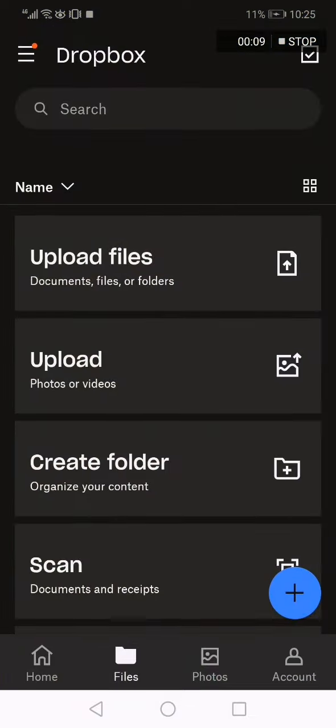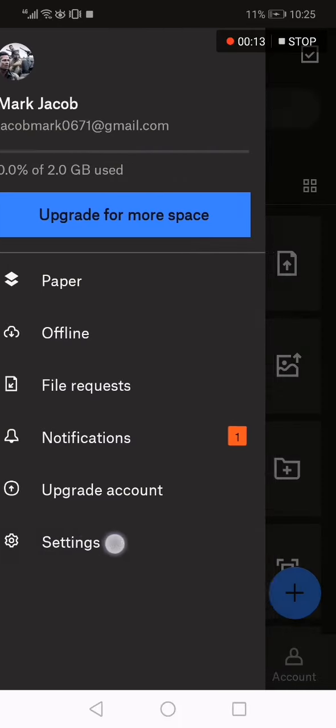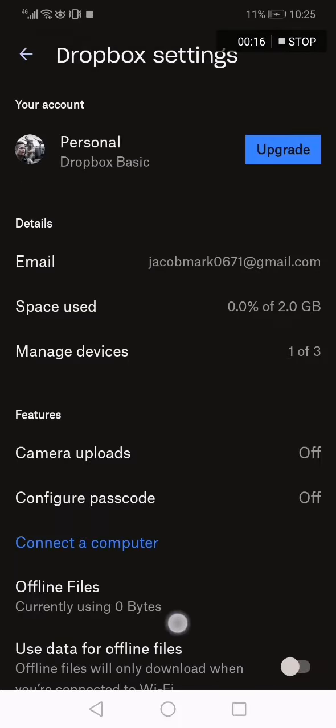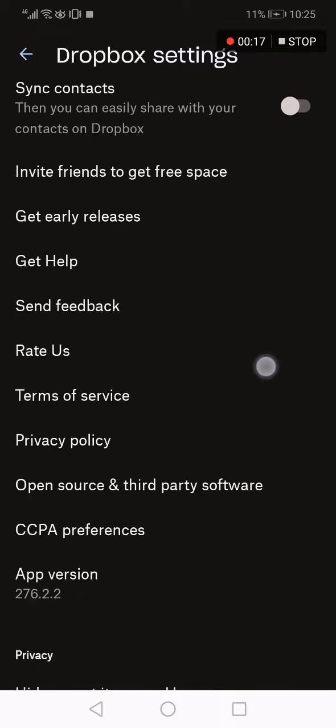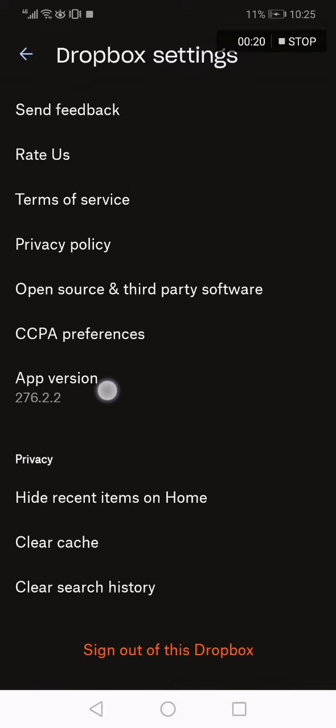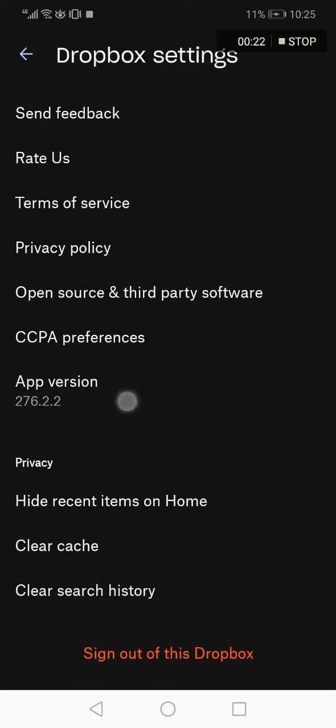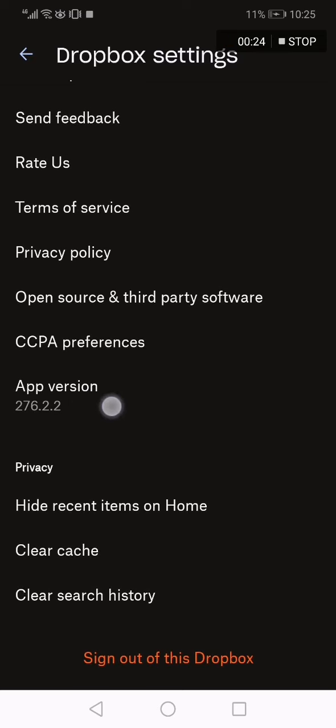First thing, go to the app and go to the top corner right here and click on the settings option down here, and now scroll down until you find your app version. If you have an old version and you want to update it, what you have to do is simple,